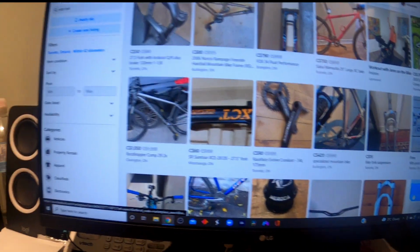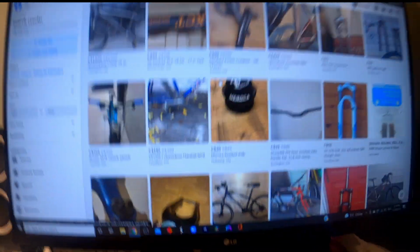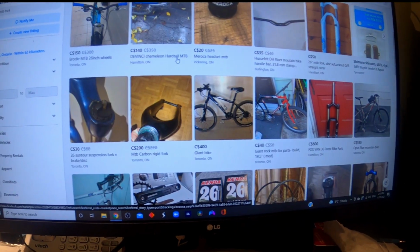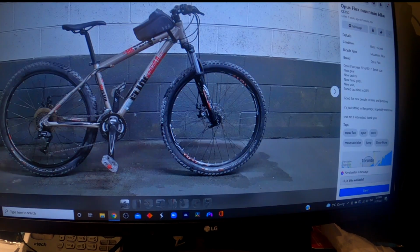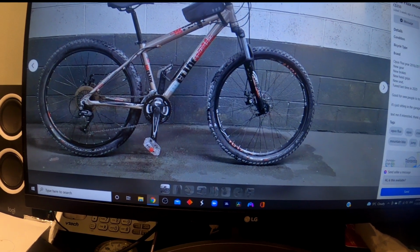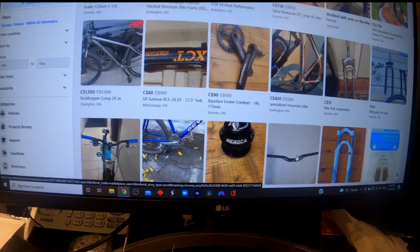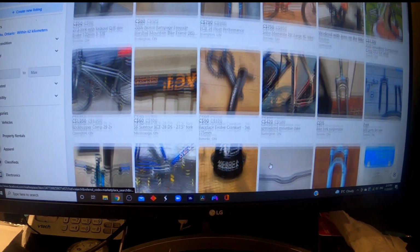So guys, I am on the marketplace checking out some bike parts, and first we're gonna start with a frame. I think I'm gonna look for a mountain bike frame, and then I'm gonna make my bike look like this. So I'm gonna check for frames, then handlebars, right? So I'm gonna contact this guy,